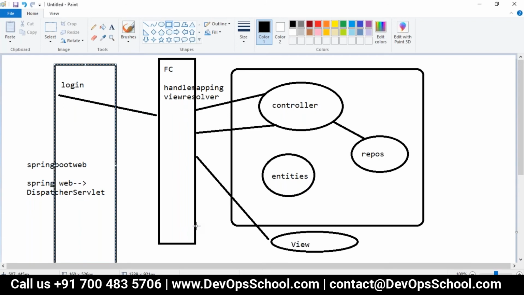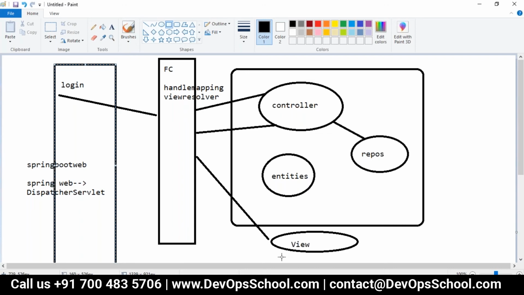So do we have multiple controllers even in a single service? Multiple application controllers will be there, but only one front controller. Front controller is always one. So if we generate a controller directly from a YAML file, is that a front controller or an application controller? That is an application controller. So we can have multiple application controllers as such. Yes, we can have multiple application controllers, but only one front controller.